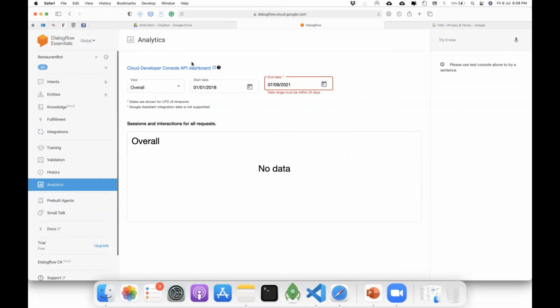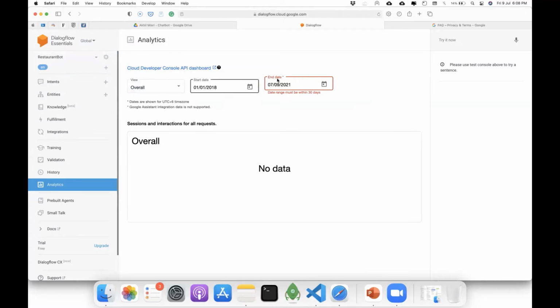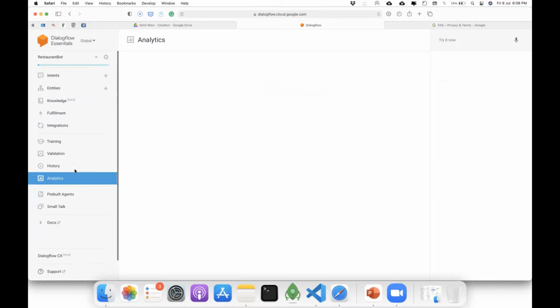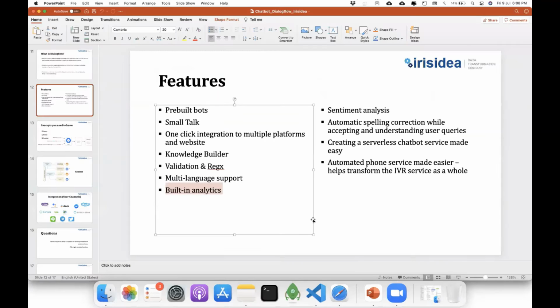Anyways, basically what this will allow us to do is you can see all the tracking data over here from the past month, and you can easily understand what the user has asked, what the user has entered, and so on and so forth. And you can see how the flow goes. Probably once we start testing it out, you will see that data over here. So that is something that they already provide.